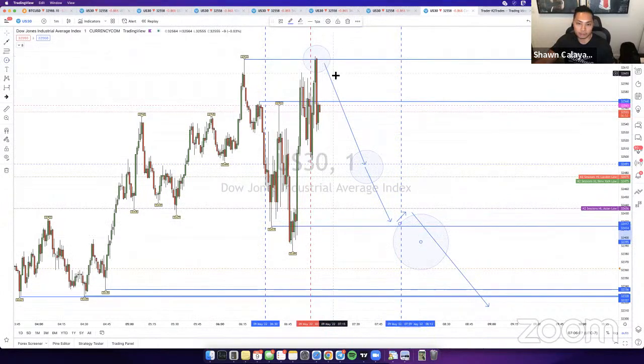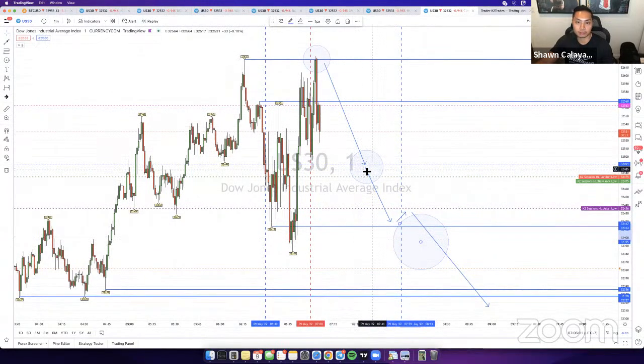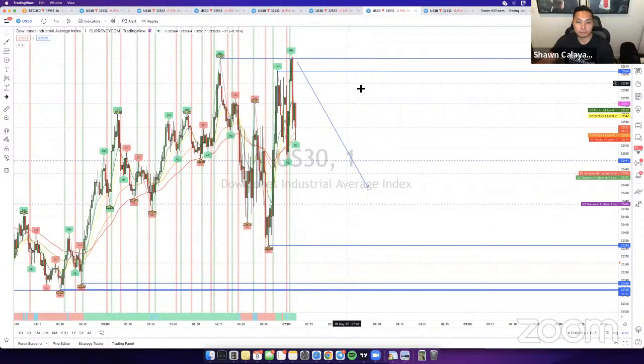Even though I do think price is going to come down from this point, I'm still going to wait for it, right? It's all about discipline, guys. I know everyone here wants to be rich overnight, but those same people who are trying to make those kind of moves end up getting super burnt. So here we go. As price comes back down, I'm not going to enter any trades until it confirms below here, even though I do think it's going to come down to this point.